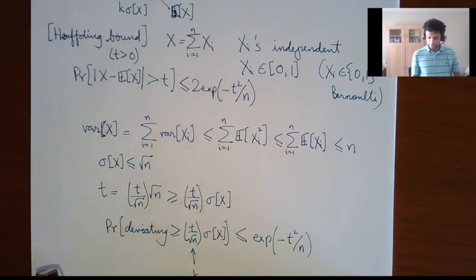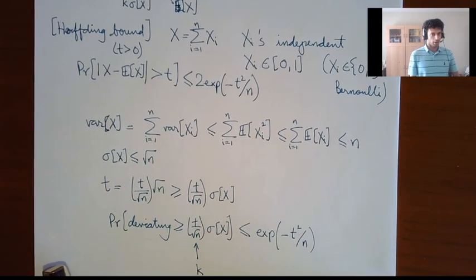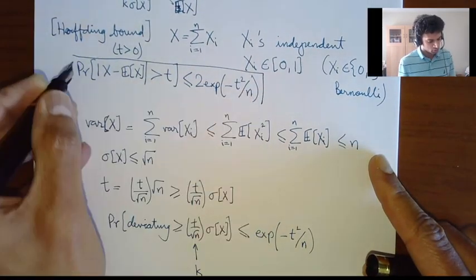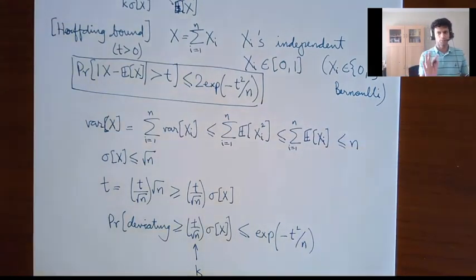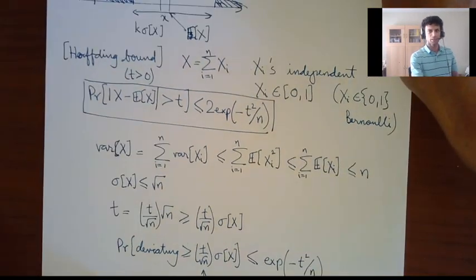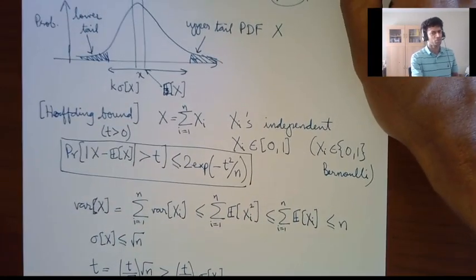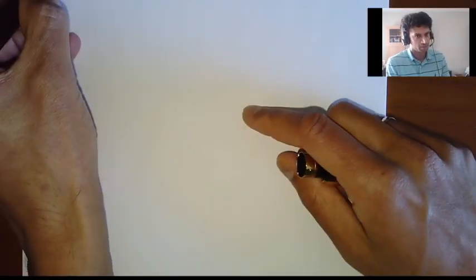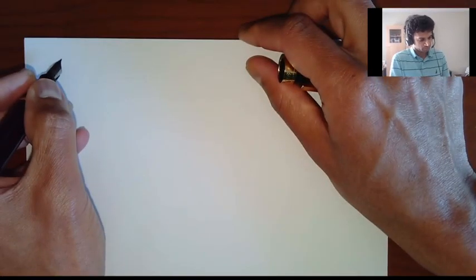Okay, so now that we have this inequality, the Hoeffding bound, I'm going to switch gears. I'm going to talk about a very different problem now, something that seemingly has nothing to do with quicksort, or even randomized algorithms. Let's just do some pure statistics, and let's talk about the problem of population estimation.